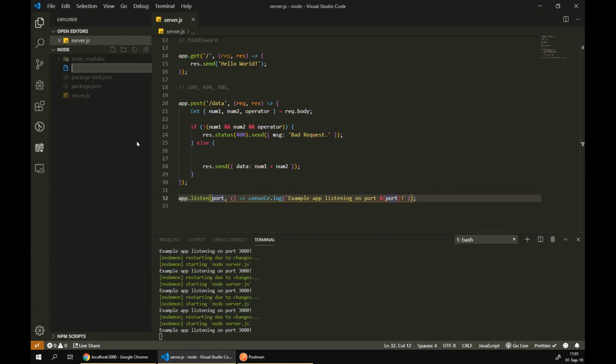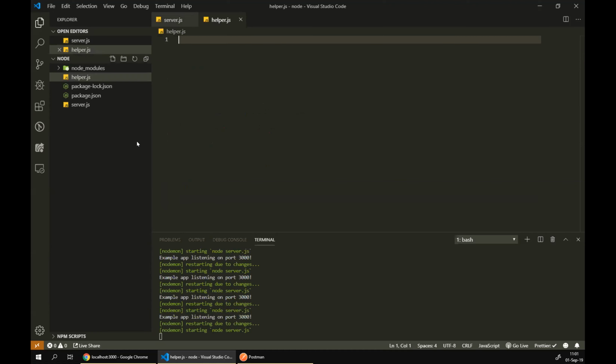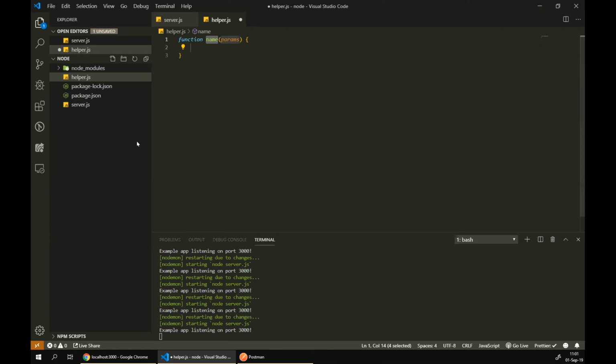I will call it helper or whatever, and here I will create a function that gets num1, num2, and operator. We created this function already, by the way. So, and then I will say this calculator,